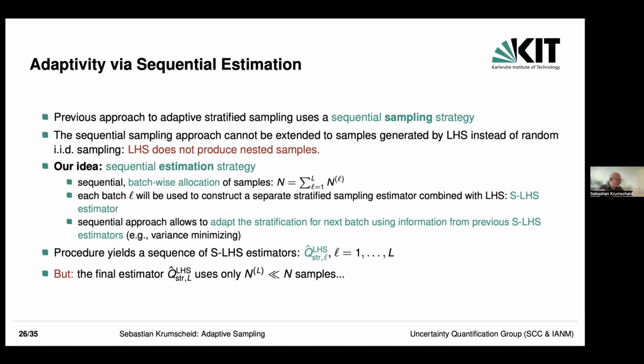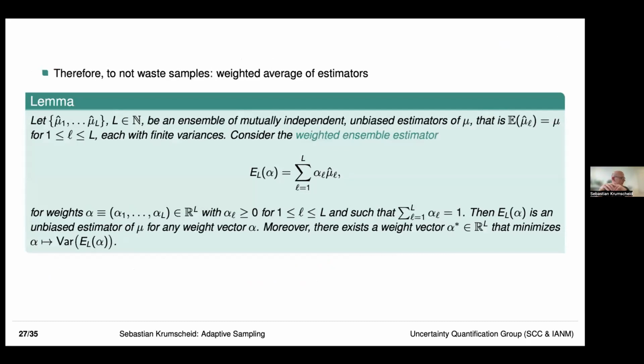And now comes another embarrassingly simple idea: we do have the sequence of estimators, so why not simply average those estimators? The idea really is that simple. If you think about doing a Monte Carlo with a certain number of samples M1 and another Monte Carlo estimator with a certain number of samples M2, independent of each other, of course, by averaging those you get one Monte Carlo of sample size M1 plus M2. And so the idea here is the same.